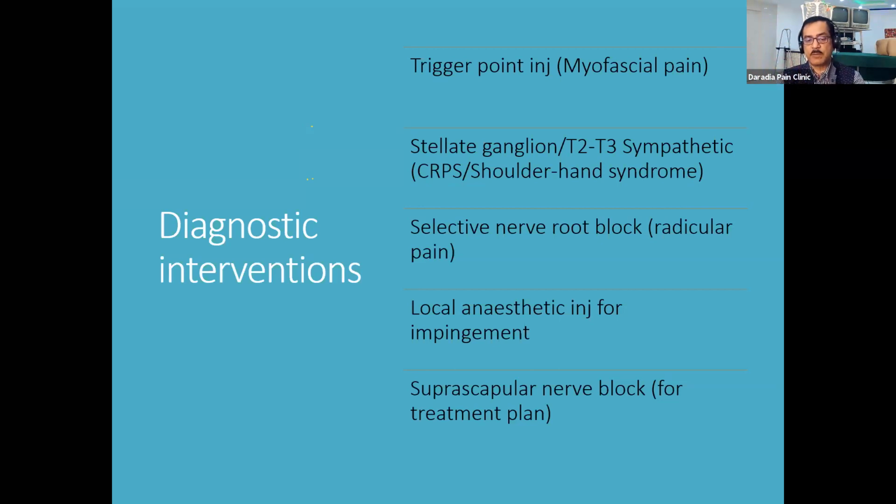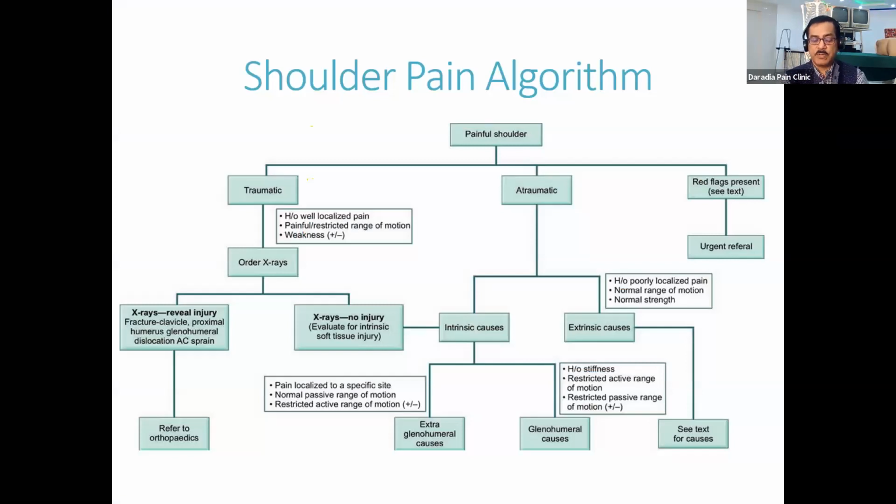And sometimes a suprascapular nerve block, but again, as I told you, this is obsolete nowadays. We are not doing it. We are doing only the articular branch of the suprascapular nerve. Okay, now this is very, very important. Just look at this diagnostic algorithm carefully, and after that I'll take a few minutes break, and then I'll be showing on the volunteer.